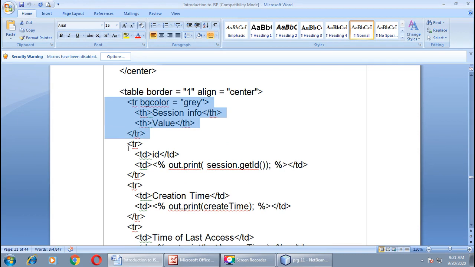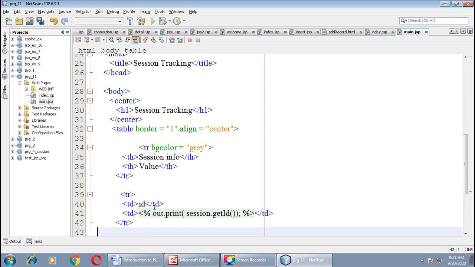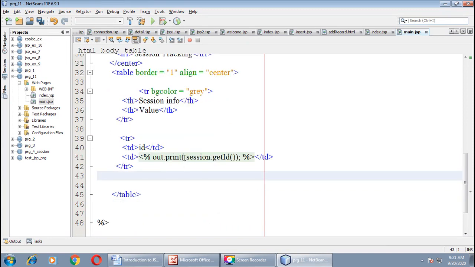Then in the next tr we want to print the session id. That we can get with the help of the getId method. As you know, this method will return the id assigned to the session, right? We have already learned this in a previous session.